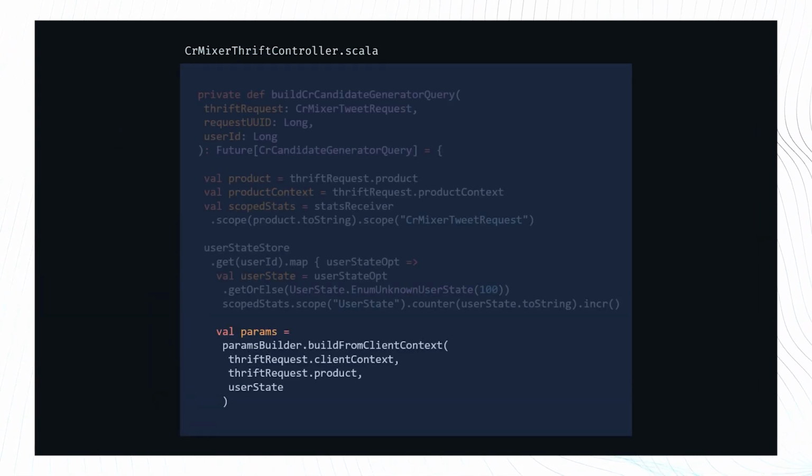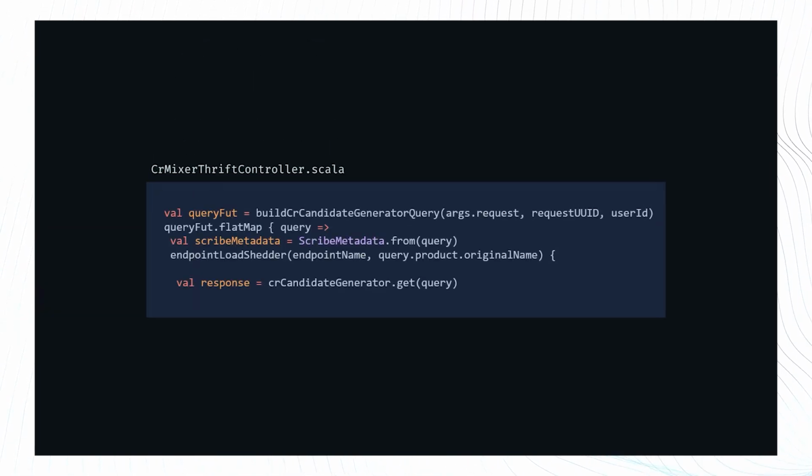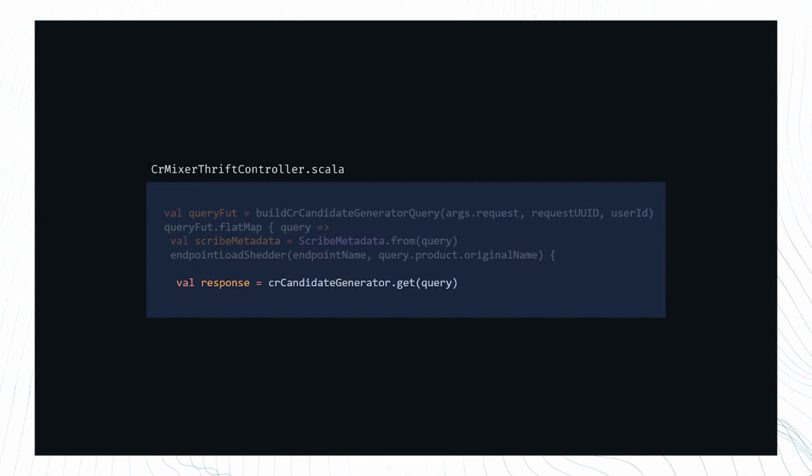Inside this function, we can see that the client context and product from the request are used by this params builder type. There's an optional parameter that allows the caller to override the feature map, but it's not used in this case. Therefore, all the params are populated using the client context. Once this query is built, it is passed to CR candidate generator, which ultimately fetches candidates from other services running